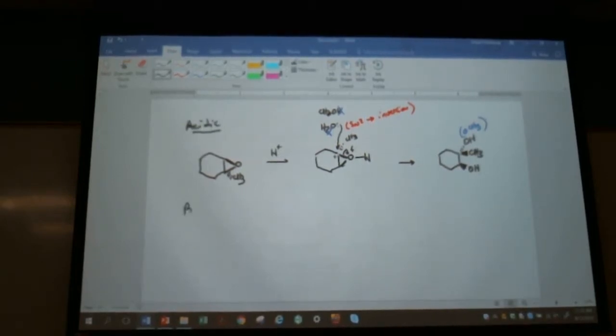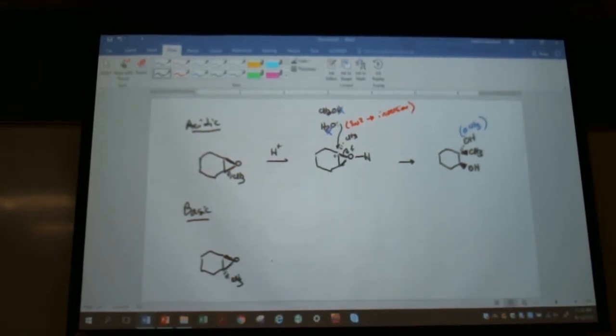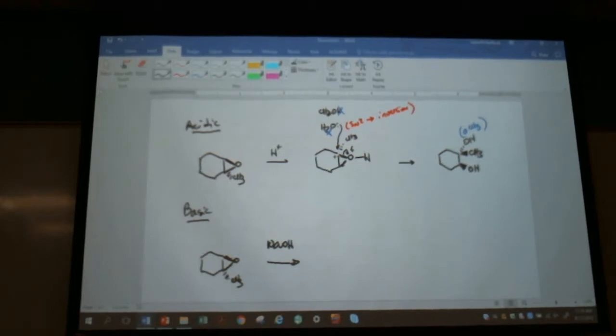Now, if you were under basic conditions, so let's say I put sodium hydroxide. Now, there is no carbon that has more positive charge for my nucleophile to be attracted to. The only difference here is that this end is less sterically crowded and this is more sterically crowded. So at this point, my hydroxide will just come to the less sterically crowded end, open this up from the back,